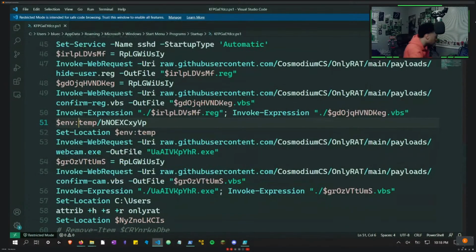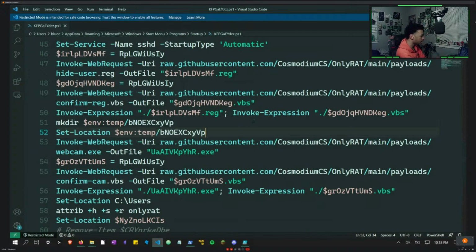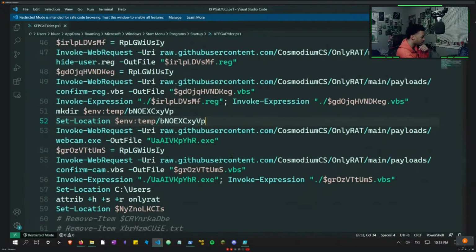So we can do make directory of this, and then set location to this, and then we can download the executable file and the Visual Basic script, and then run it, right? So then it will set it up so that way we can take pictures, and then what it's going to do is we'll have our